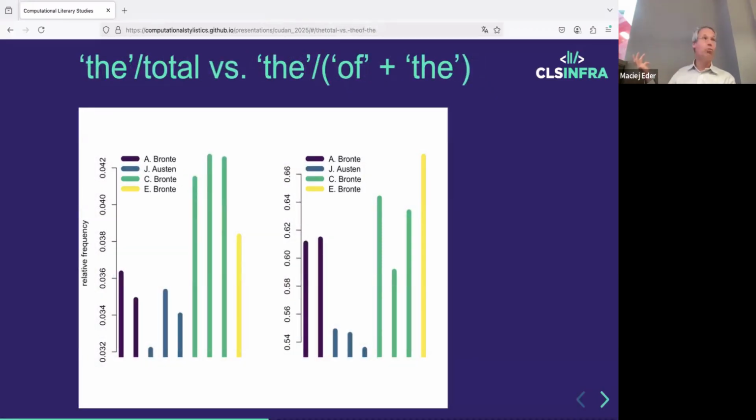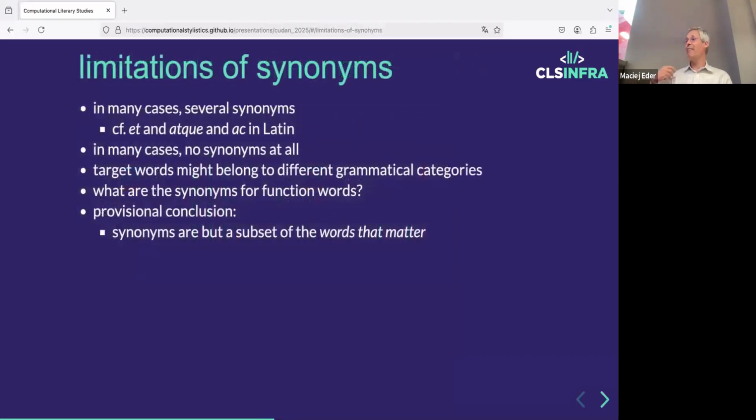If we take the word the, again, it kind of is promising, isn't it? It tells apart the authors somewhat better than the original version. So if this teeny tiny example works, what about doing it on scale? Well, there is, as the English speakers say, a fly in the ointment. There's one problem to be solved, namely,